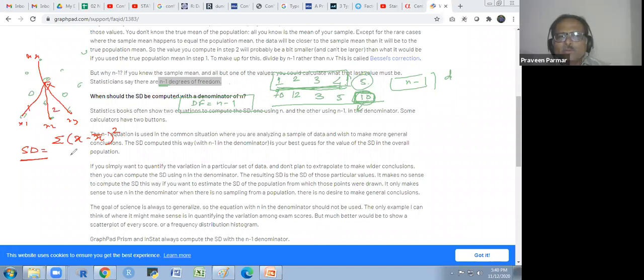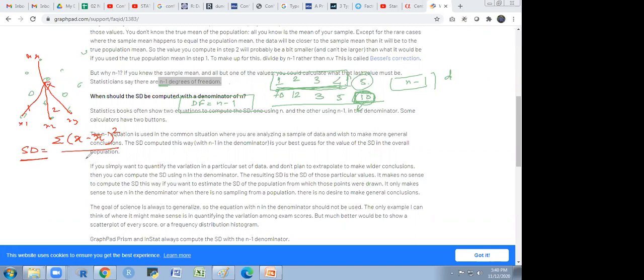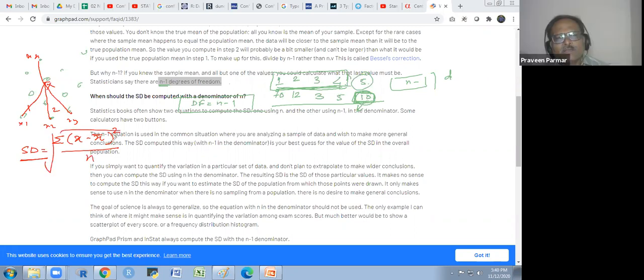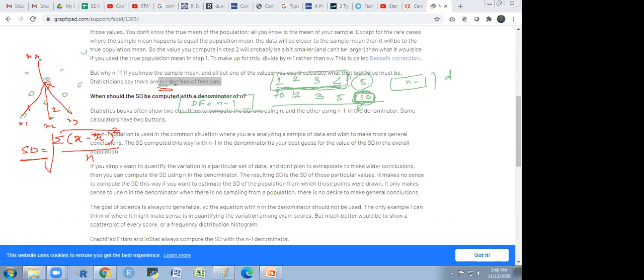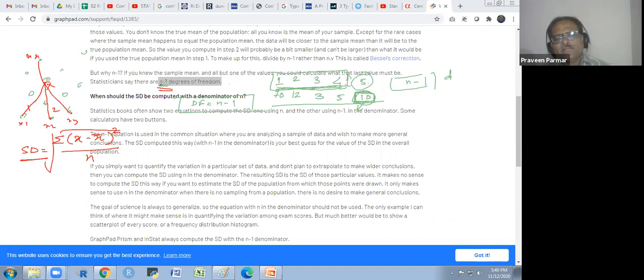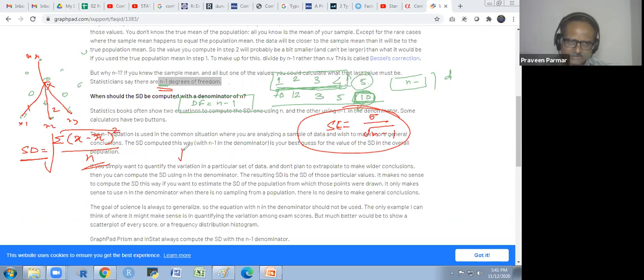So when you have to find out the mean of this, what value will you put in the denominator? N or n minus 1? N. So I don't prefer n minus 1 here in the SD. Yes, there is always a contradiction with n minus 1 and n. I prefer to take n minus 1 in standard error. When I find the standard error, what do I do? Sigma over root n minus 1. This I prefer, because I am taking n in the SD. But in R, they use root n minus 1 here. In R, they use it.